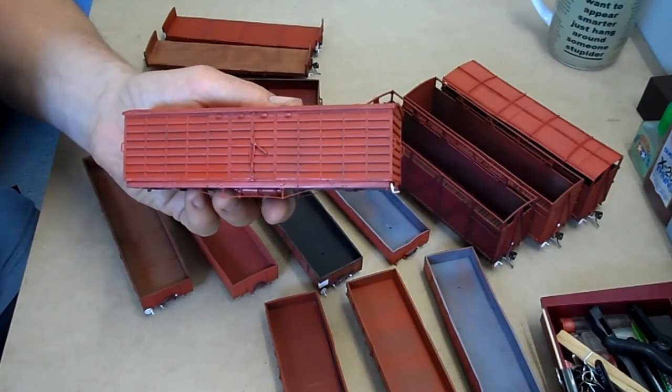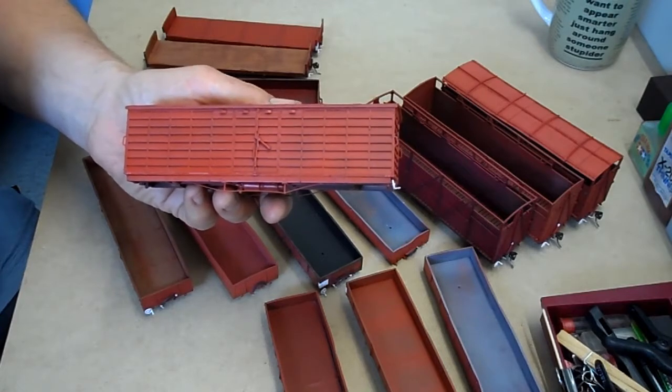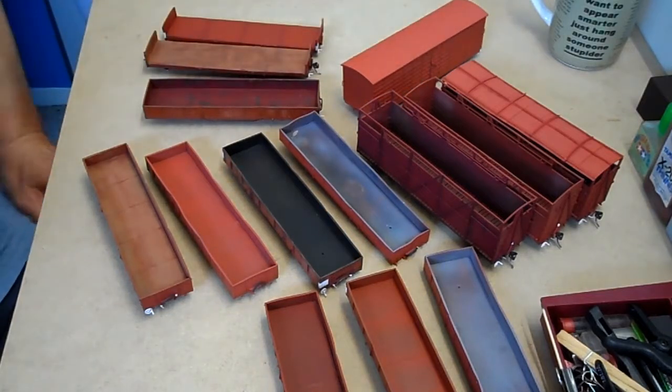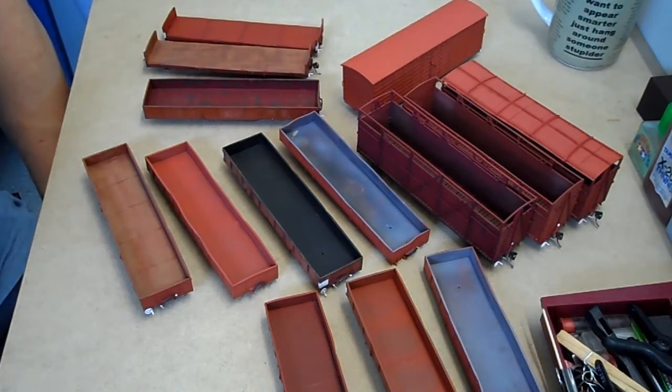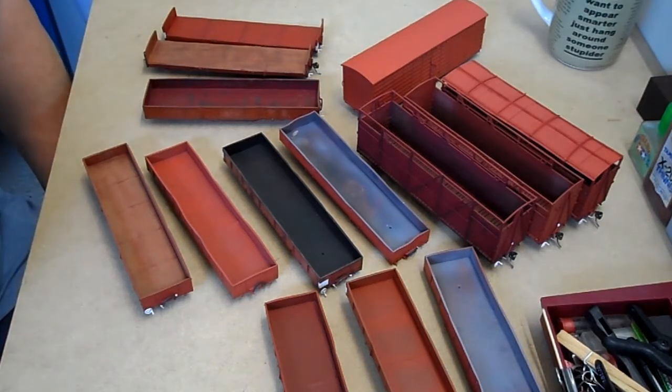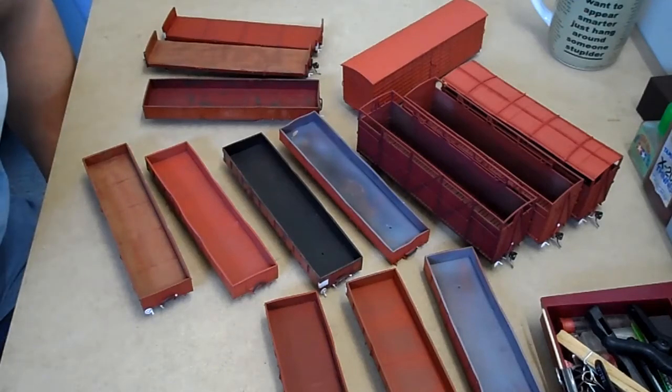and yeah, got those together to him back in Easter 2019, and now just working through the remainder of what I had to build. A lot of these have progressed quite a long way on, but it's been one of those interesting things that you learn from building models for someone else. How you would like to build a model is not necessarily how they'd like to have it built, and with model railway wagons, with trains and all things tanks and that sort of thing, unless you've got prototype photos to work from and they say this is the exact thing that I want you to do,